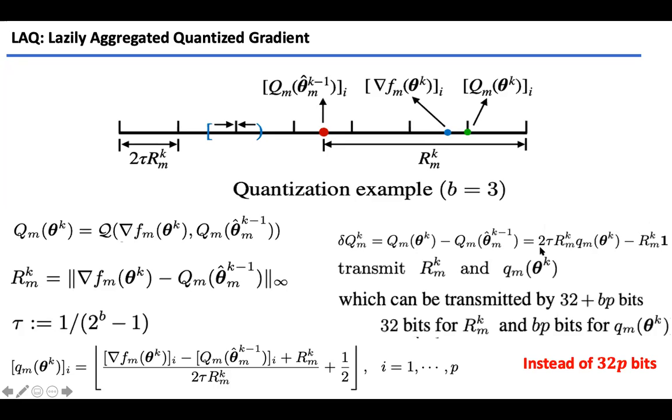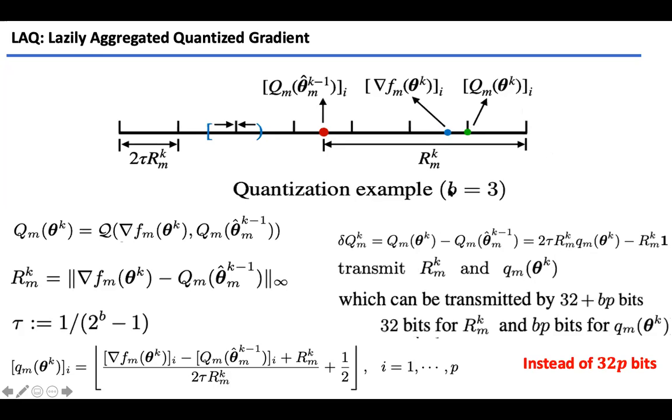But what the worker needs to transmit is the quantization range. And the quantization range, we have to transmit using 32 bits for precision, but we are transmitting only this element in full precision using 32 bits. But because this is a vector, for every element we have the index of the quantization level. So we don't send the exact element. We don't use 32 bits to send that real number. We are sending just the index, because once we send RM